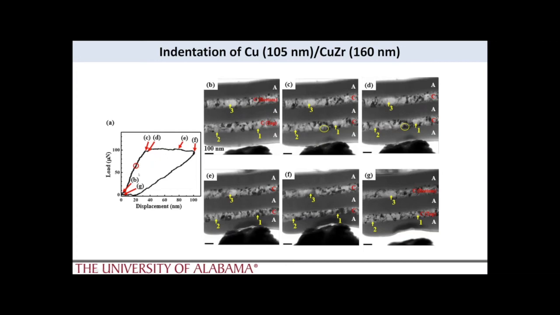So again, we use the same idea that the letters B through G represent different snapshots along here. T1, 2, and 3 represent specific features or grains that I'd like you to pay attention to. What we notice is, by the way, the top layer of crystalline is the one closest to the indenter, and when I say the bottom crystalline layer, that's the one furthest from the indenter. And so what we can see here is as we indent the sample,